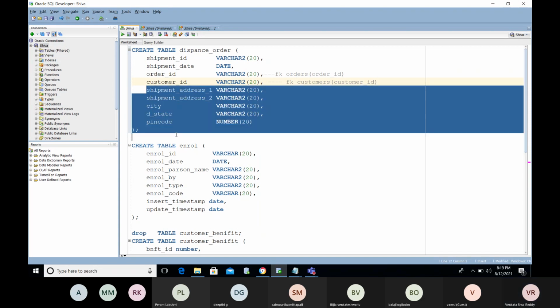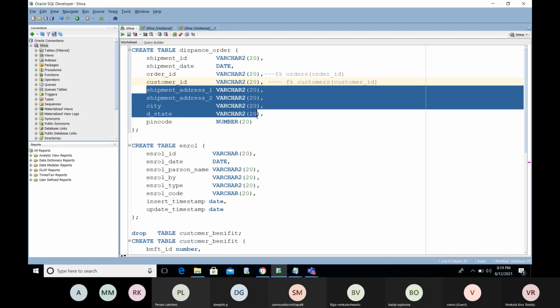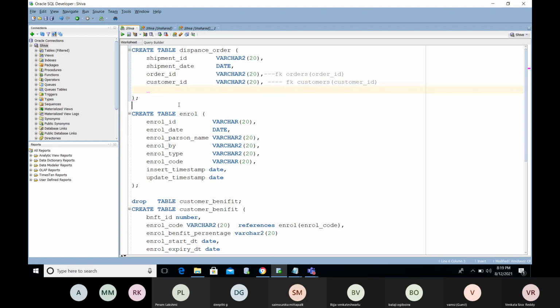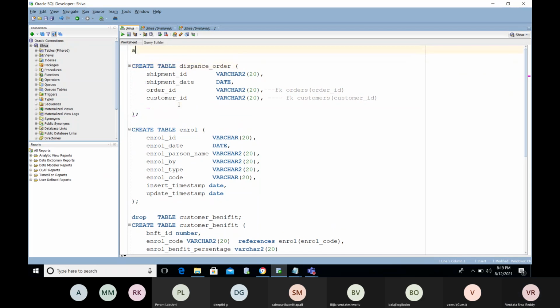Instead of maintaining duplicate information in every record, I can simply maintain an address table. In this case, we first need to create the address table. So create table.